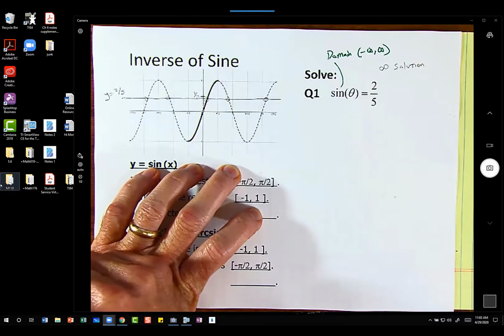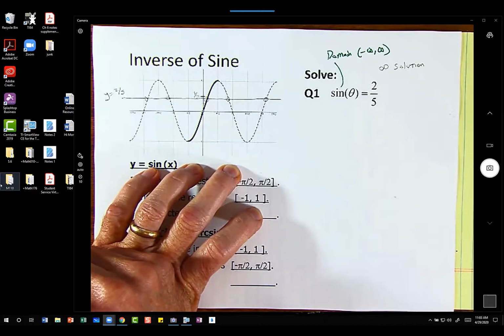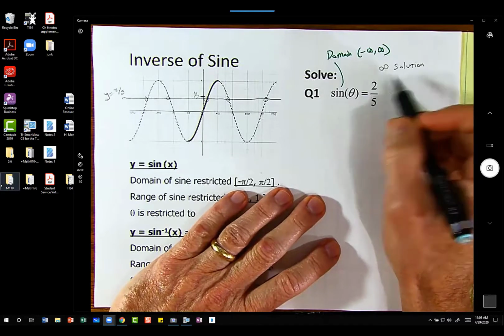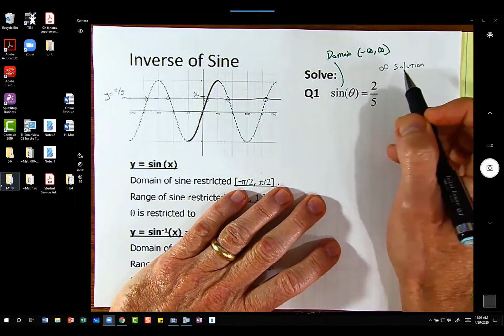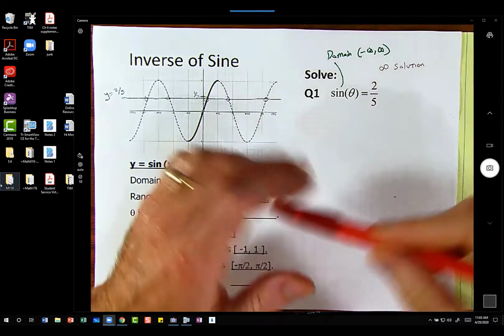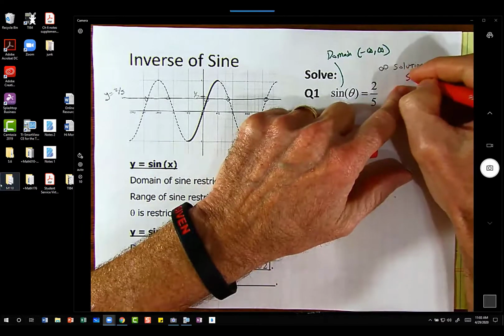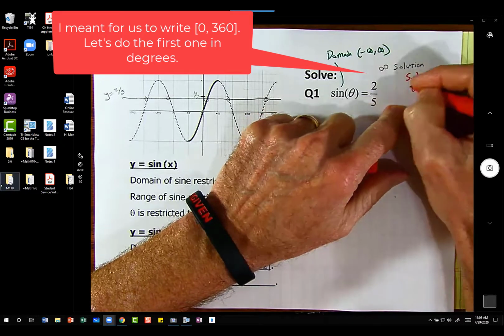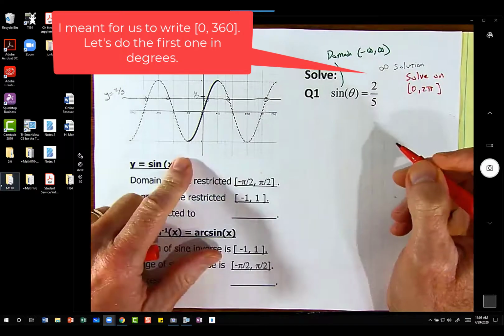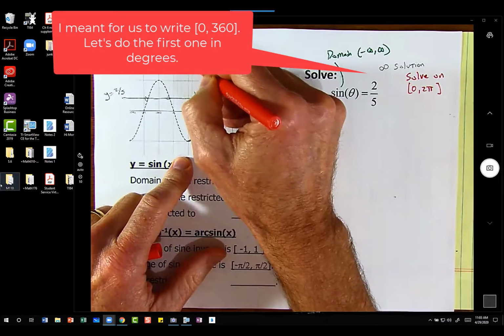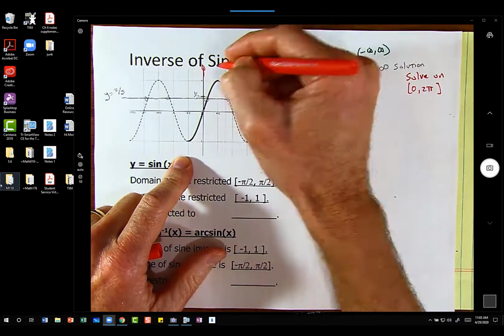Now, we have a couple scenarios that we're going to run into. Sometimes I'm going to give you an equation and I want all infinite answers. But sometimes I only want certain answers, and I'll qualify it. I may say solve on 0 to 2 pi. Now if I limit the domain to 0 to 2 pi,